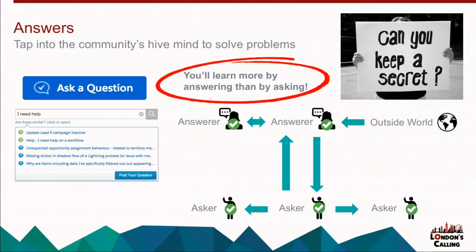So we could have someone that is looking at that discussion, watching it in real time, waiting for the answer because they need the same thing. And we can have someone that maybe doesn't need that now, but 6 months down the line, they have the same problem. They search by keywords, they find that answer, and immediately the problem is solved without them even having to ask it. So that's a little bit more about how it tends to work in the real world.